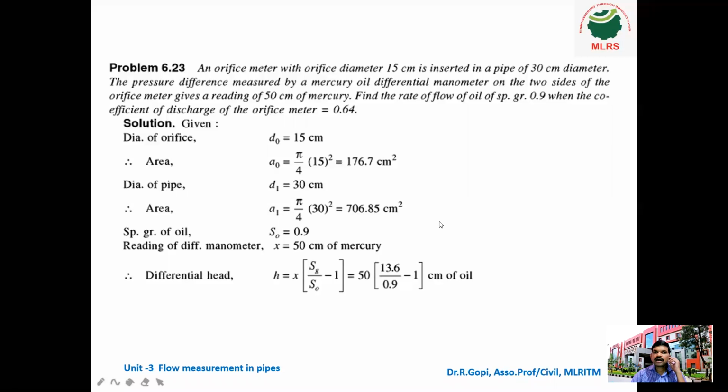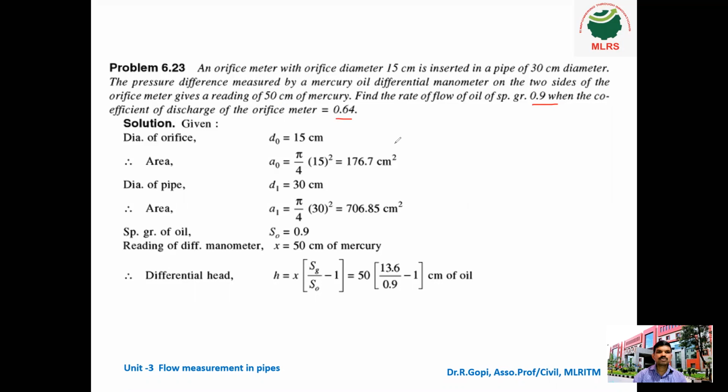So next problem: an orifice meter with orifice diameter 15 centimeter inserted in a pipe of 30 centimeter. The pressure difference measured by a mercury oil differential manometer on the two sides of the orifice meter gives a reading of 50 centimeter of mercury. Here they have given the mercury manometer reading. Find the rate of flow of oil of specific gravity 0.9